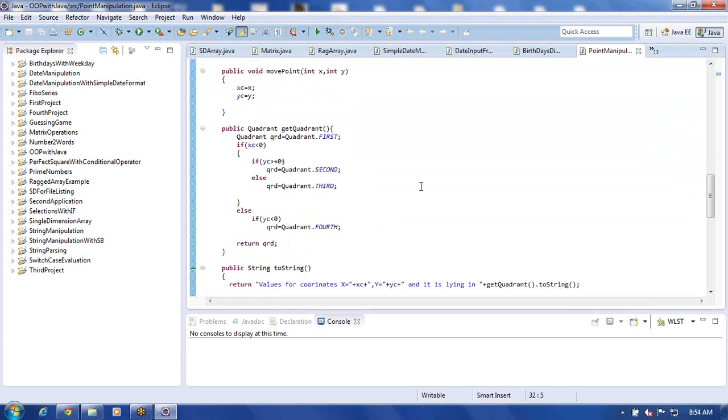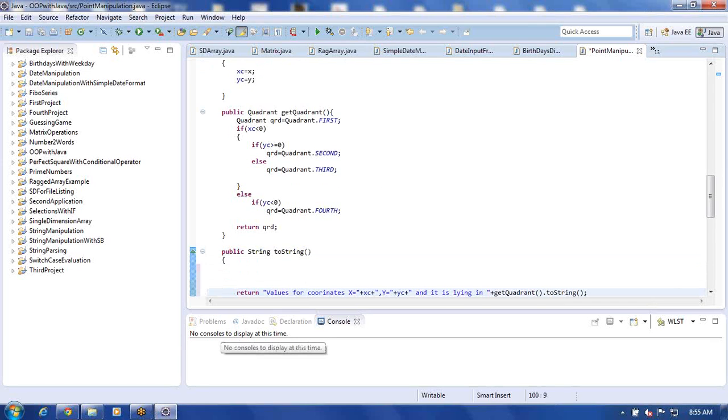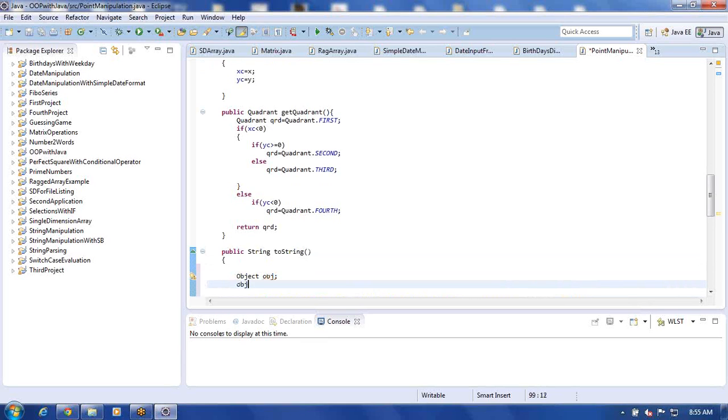Similarly, we have overridden one method called toString. toString is defined in the base class Object. For every class, the base class is going to be the Object class. There are two methods in that: getClass, and the second thing is toString. These two you have within the Object class. If you look at this, I may create an object this way. Object. Just do like this. When I type object dot, it can show you